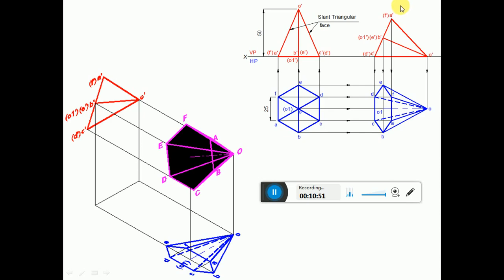Similarly, when you look from the top view, O dash, F dash, A dash is a triangular face which is near to the observer, so it is visible. So here also you can see OFA is near to the observer, so it becomes visible here. So here join OA and OF, so it becomes visible. So only the leftward portion is OD and OC. Since OC and OD are crossing the visible edge of AF, obviously OD and OC will become invisible because two visible edges can never cross each other. Since the hexagonal surface is visible and O1 is on that hexagonal surface, O1 will become visible.